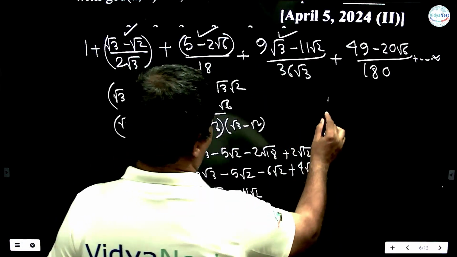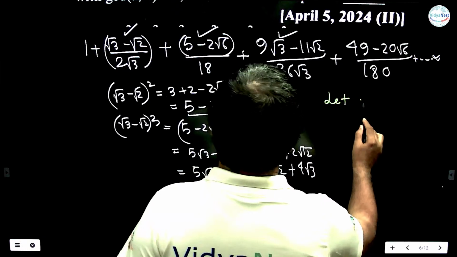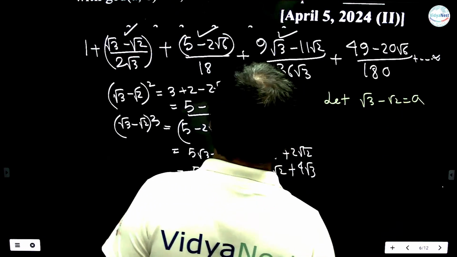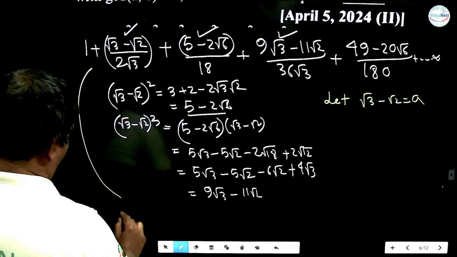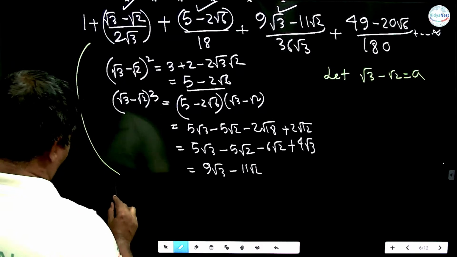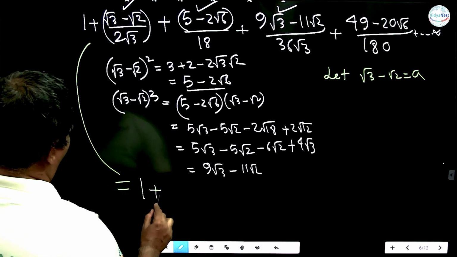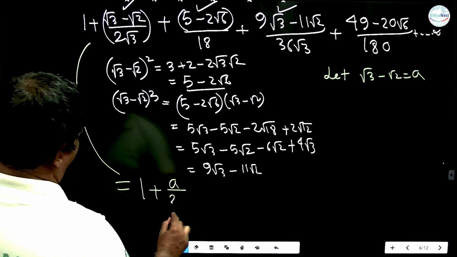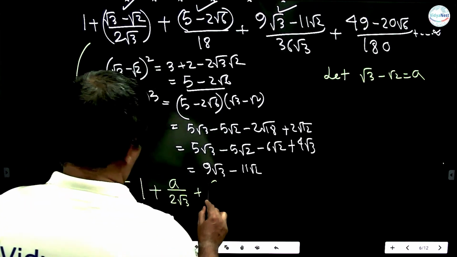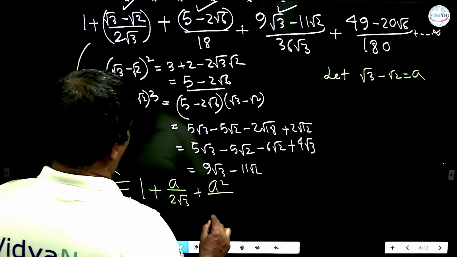Let root 3 minus root 2 be equal to A. Then the above series is reduced to 1 plus A by root 3, A square by 18,